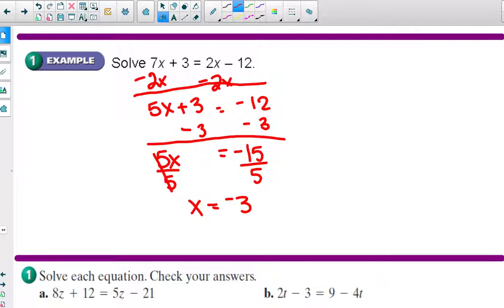In order to check your answer, what you might want to do is plug your value for x into the equation and double check and make sure that the left side does, in fact, equal the right side. Okay, so let's go ahead and do example 2